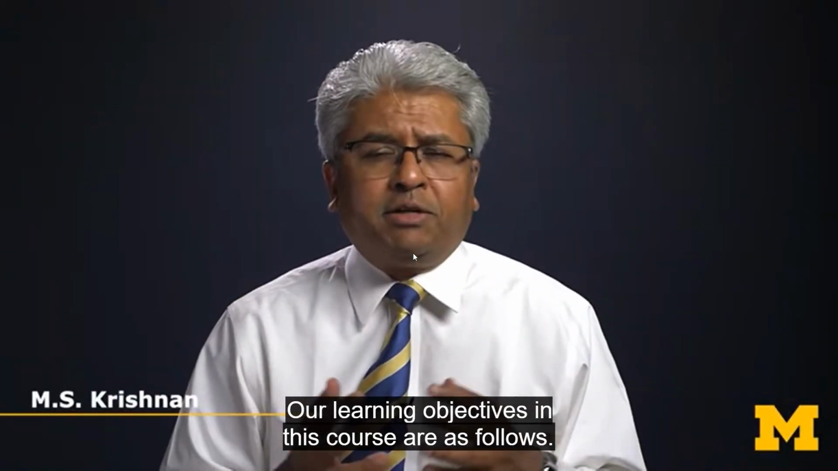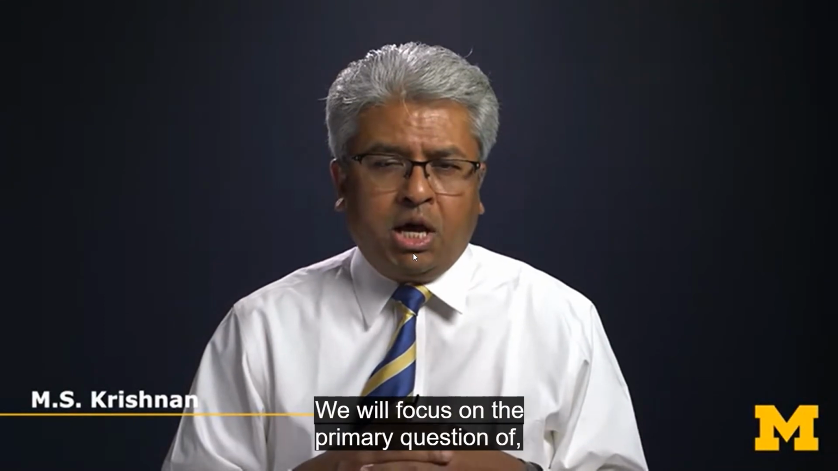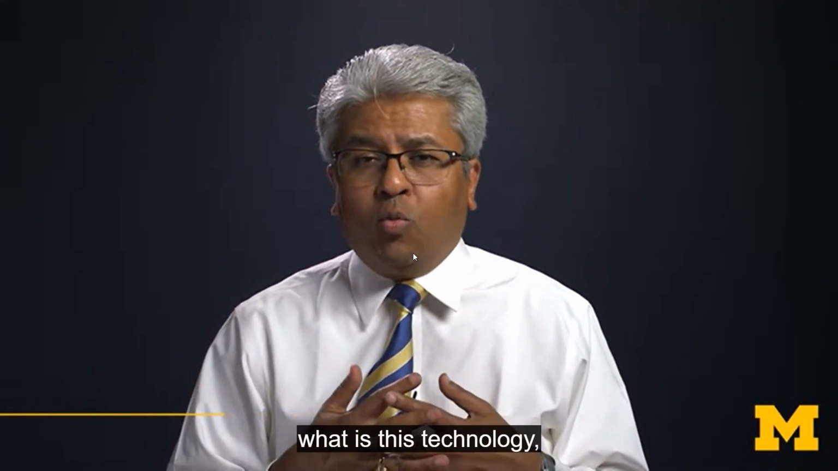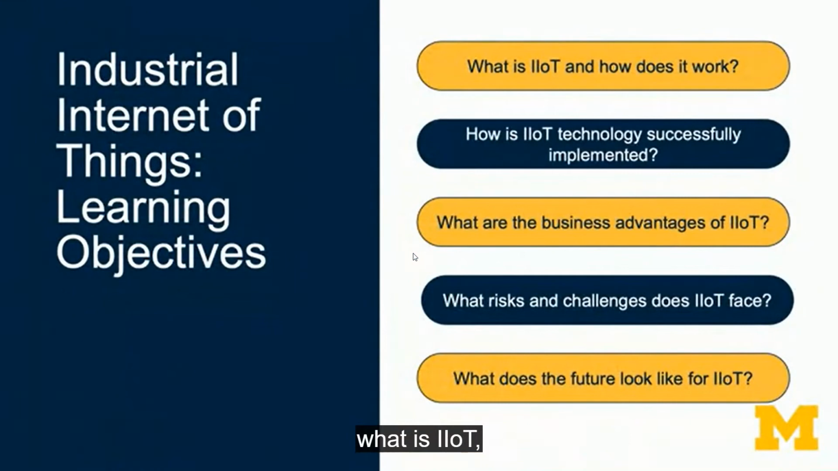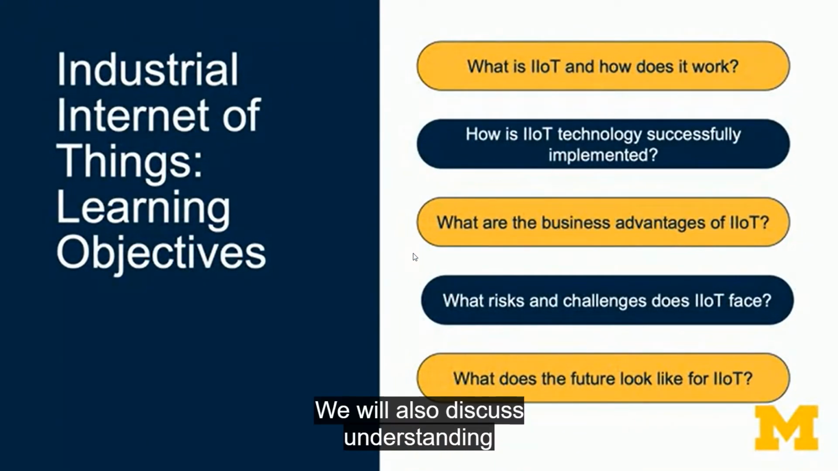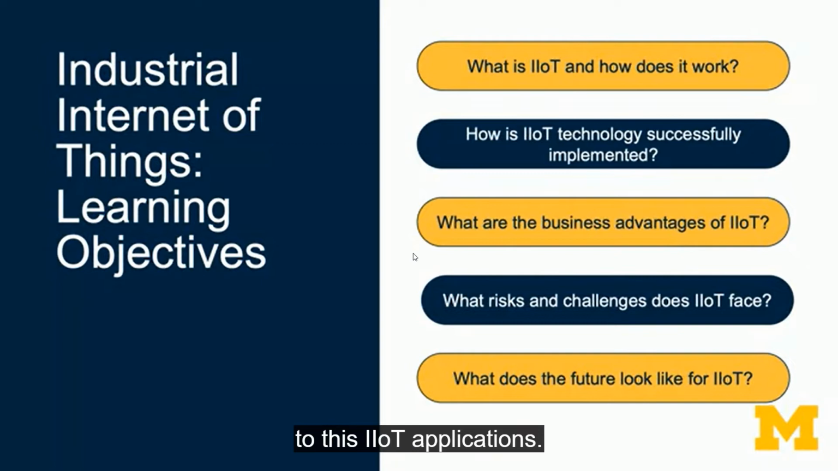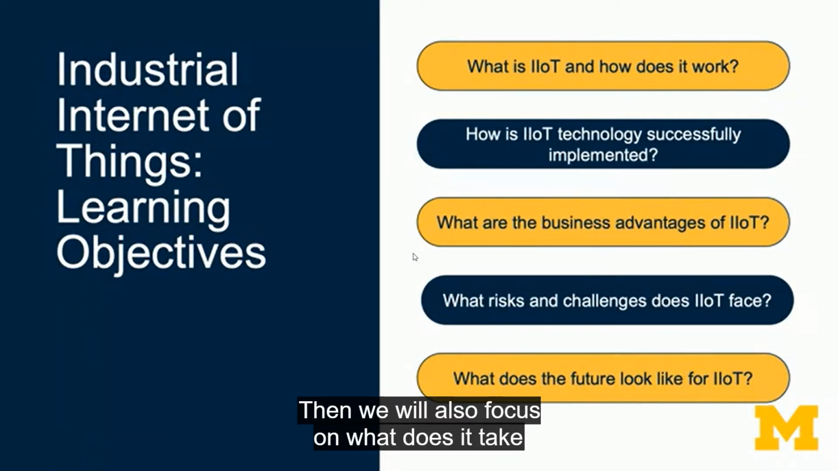Our learning objectives in this course are as follows. We will focus on the primary question of what is this technology? What is IIoT and how does it work? We will also discuss understanding the business use cases of this technology in a manufacturing context. And we will talk about the component pieces of technology that actually contribute to these IIoT applications. And then we will also focus on what does it take to successfully implement these technologies. Now, what goes right, what goes wrong, what all things they need to take care of in order to make sure